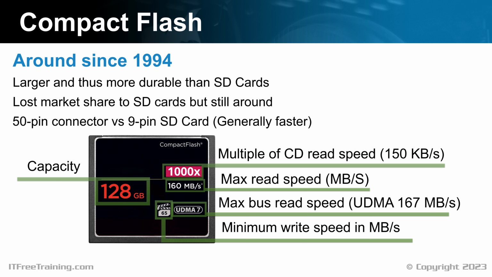Compact flash also comes in two different types called Type 1 and Type 2. The difference is Type 2 is thicker than Type 1 and won't fit in a Type 1 slot. Type 1 will, however, go into a Type 2 slot. With the increase in the amount of data that can be stored in flash, Type 1 compact flash have become the most common. Most devices have dropped support for Type 2, so you may not even come across it.